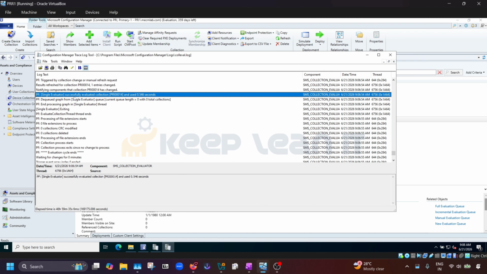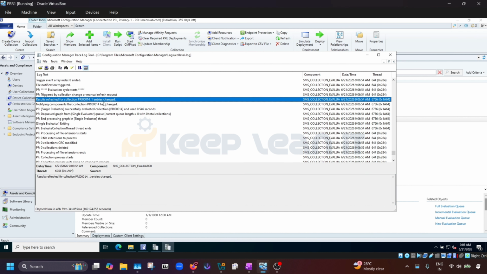See here, it successfully evaluated the collection in 0.546 seconds. One entry changed. You can verify how many entries changed, meaning whether devices were removed or added. You can verify how many entries got changed here as well. This is about the